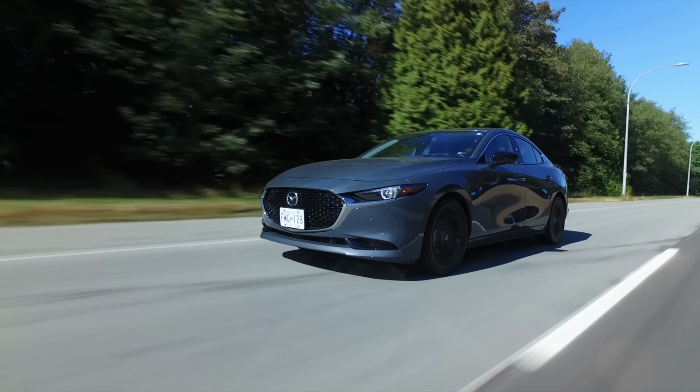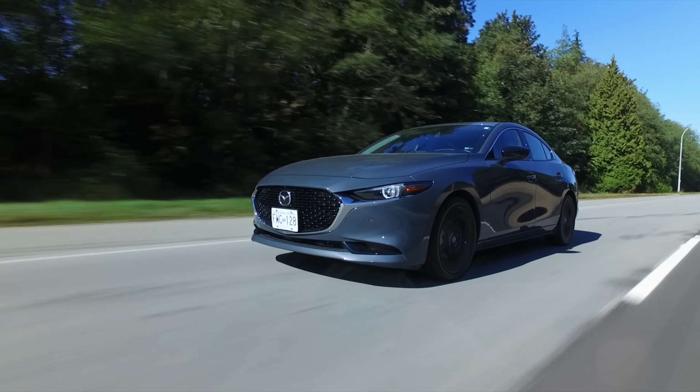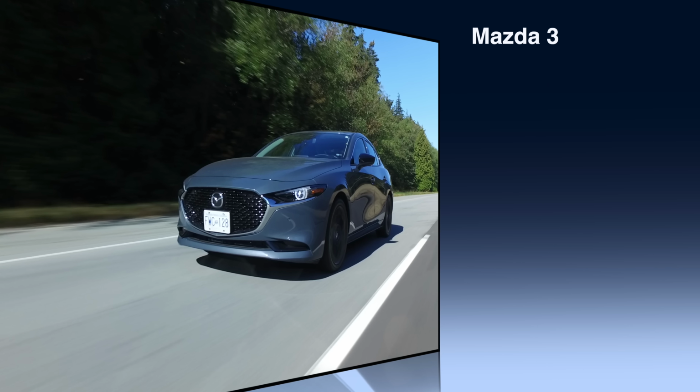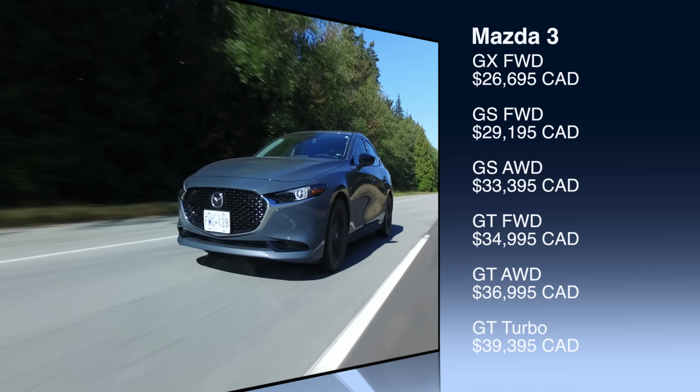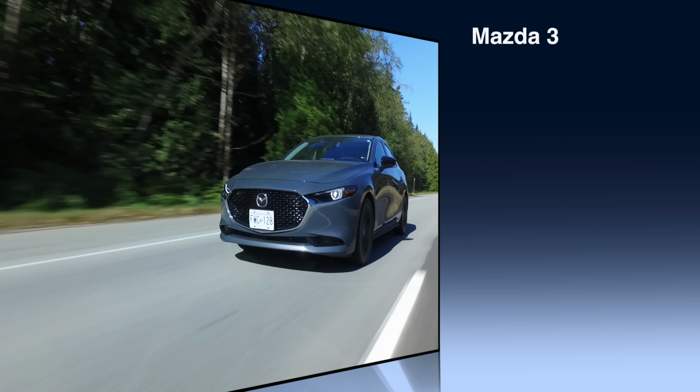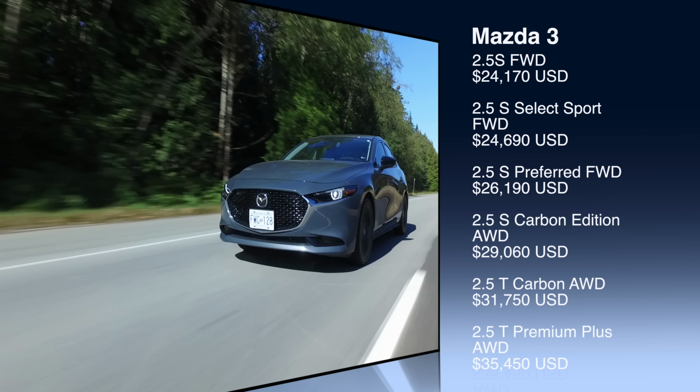All right, let's get into the fuel economy, the warranty, and more in our vital stats. Let's start with pricing. We'll do Canada first and then move on to the US. The first front-wheel drive model is just over $26,500, and the GT Turbo just over $39,000. In the US, the first front-wheel drive model starts at just over $24,000, and the Premium Plus all-wheel drive turbocharged model is just under